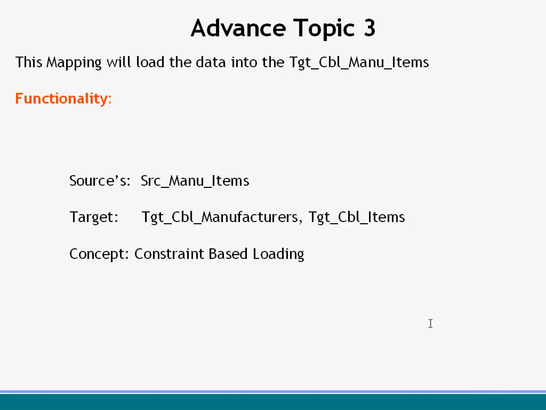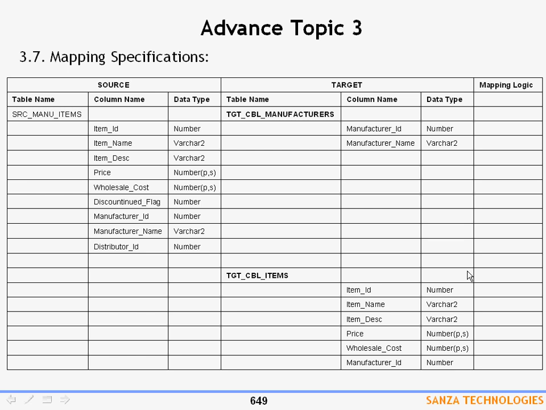Today we are going to discuss the next one, which is extracting the data from the SRC manufacture time items table and loading it into multiple targets. Here, the scenario is you will load the data into multiple targets. What is so important about this? We already loaded multiple targets using a filter. So what is the importance of this? The importance of this is